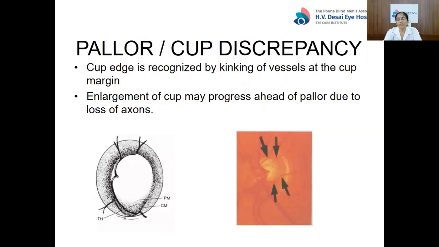The optic cup is easily recognized by its yellow color. The edge of the enlarging cup is recognized by the kinking of the vessel, and this point may not be the same as the yellow cup margin. The enlargement of the cup, as indicated by the point of kinking of vessels, may be seen ahead of the area of pallor. The color cup is the easily visible yellow cup. The contour cup is the cup size determined by the kinking of the vessel. It is the contour cup that we need to look at during glaucoma evaluation.